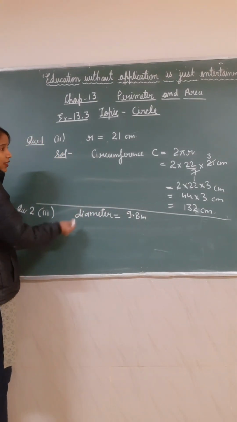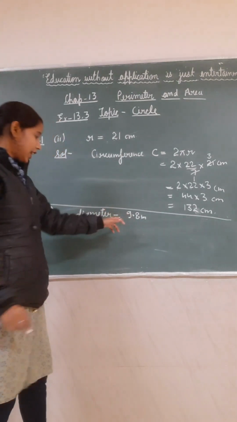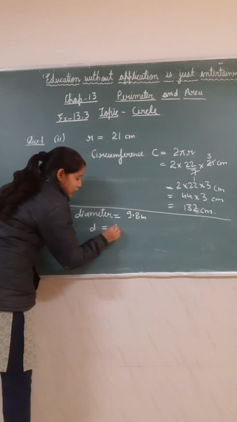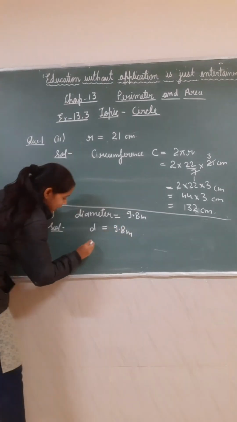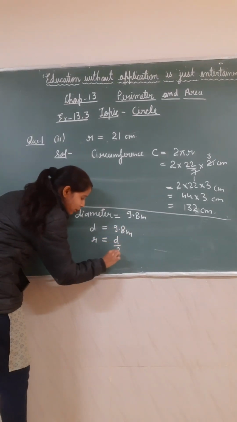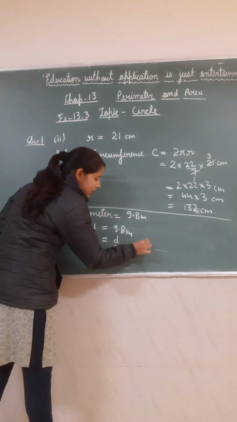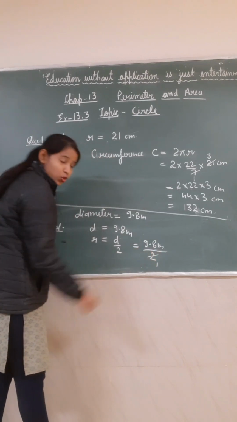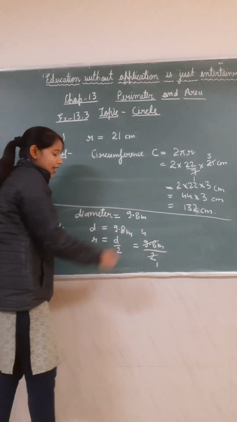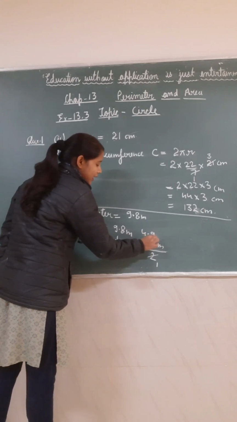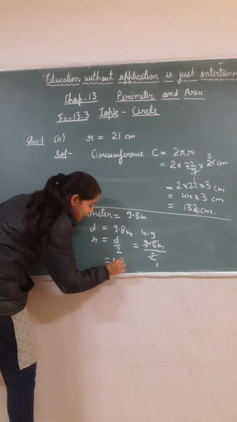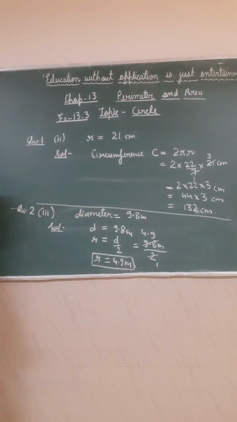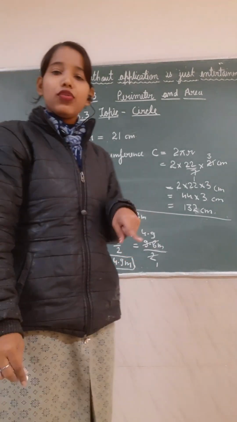What is it we have to find here? Okay, area we have to find here. So diameter is small d. Small d is 9.8 meter. So radius will be r equal to d by 2, means half of diameter. And the diameter is 9.8 meter by 2. So 2 ones are 2, 2 fours are 8, decimal, and 2 nines are 18. That means 4.9 meter. Radius is 4.9 meter. But what do we have to find? We have to find area, right?